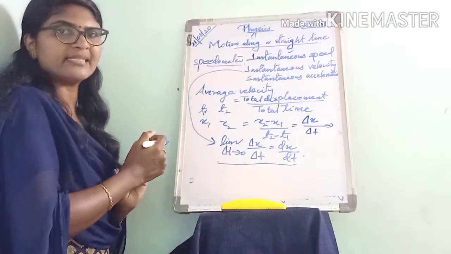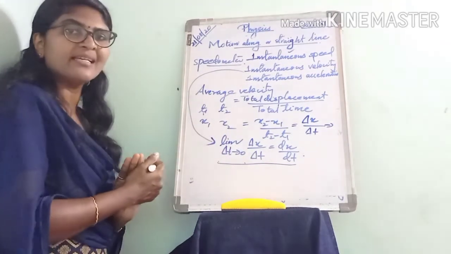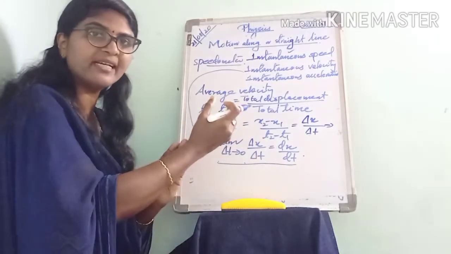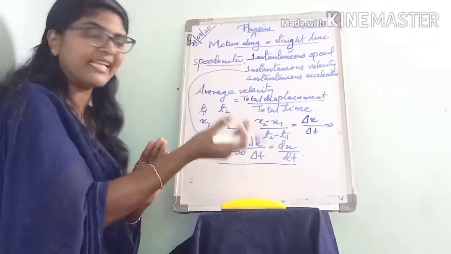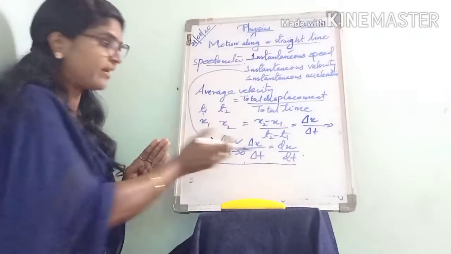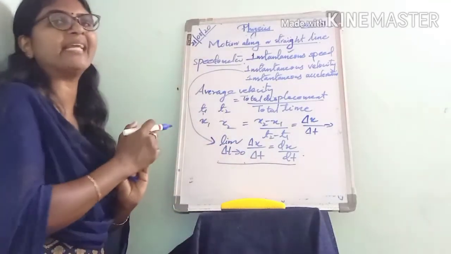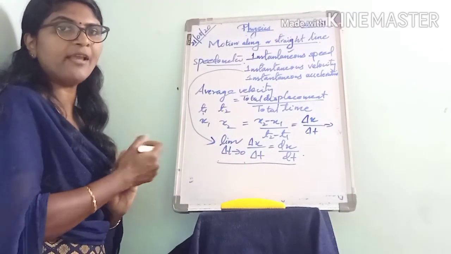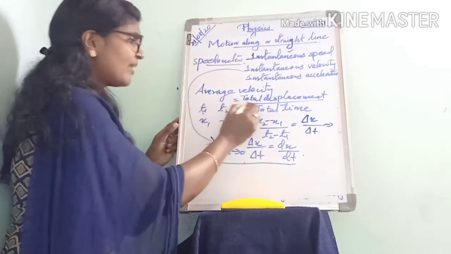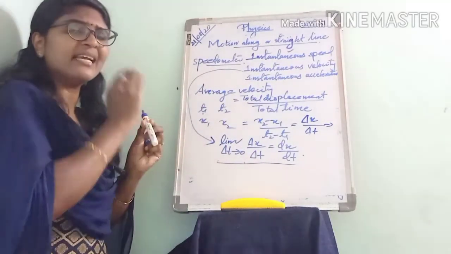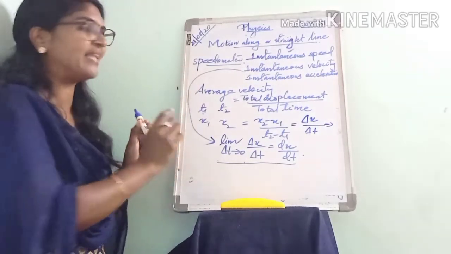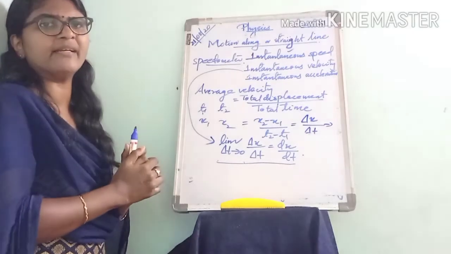Velocity is a vector and speed is a scalar quantity. The magnitude remains the same, but along with the speed we are considering the direction, and then it becomes velocity. That is the only difference. So we got the magnitude same as that of instantaneous speed; only the difference is that velocity has direction. We can say the instantaneous velocity is the velocity at any instant of time, or at a particular instant of time.